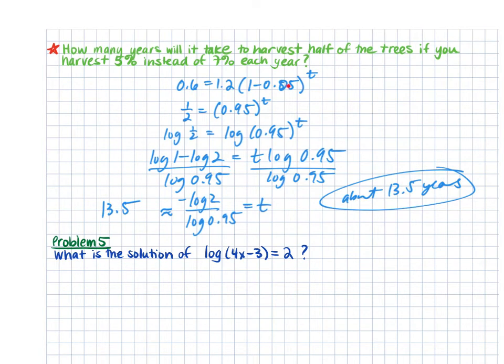Okay, so here we just have to change this one minus 0.5, right? So every year you're keeping 95%, not 93%. So it's going to take a little bit longer. This makes sense. And then I kept this as a half instead of 0.5, and then I split it up